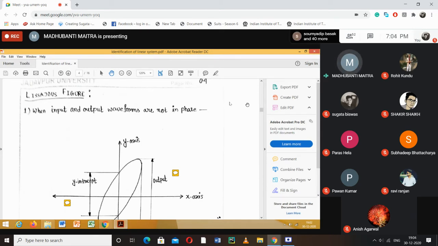And we know that in channel 1, we have given the input signal to the system, and in channel 2, we are observing the output sinusoidal signal in the normal mode. Now, if we put the oscilloscope in the XY mode, the time base will be turned off. What is the implication of this? XY mode is a specialized 2-channel mode of the oscilloscope, where the signal of channel 1 is used for deviation along the horizontal axis.